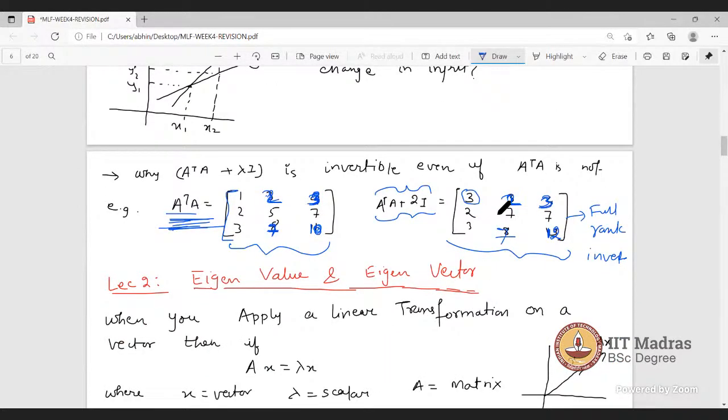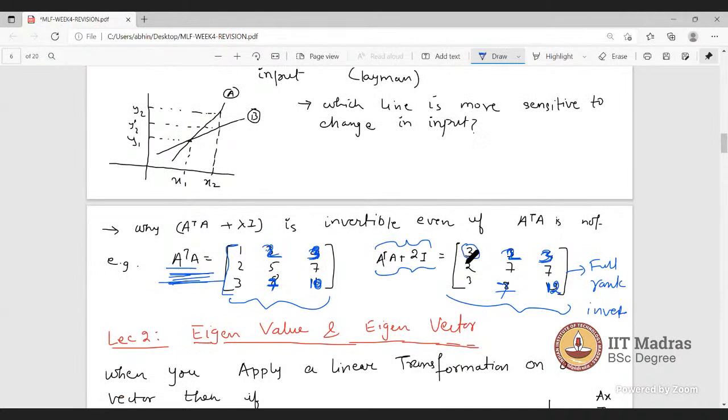But how can you say that this dependency is always removed? It is removed because we are adding something to only one of the elements, right? Not to all the elements of a column. So in the first column, you are adding to the first. In the second column, you are adding to the second. And in the third column, you are adding to the third. Not to all, right?